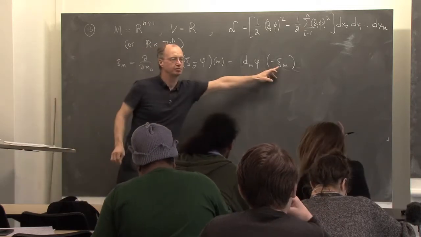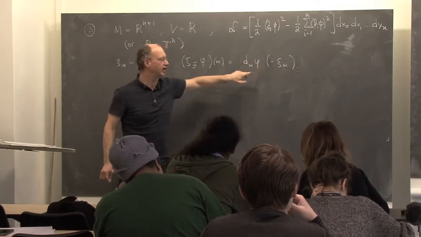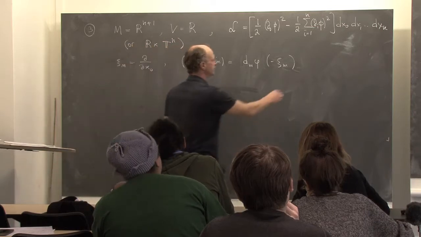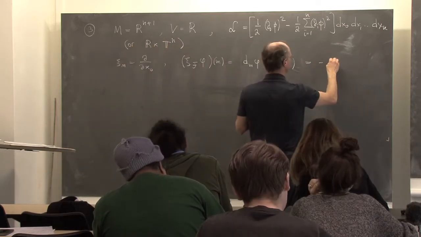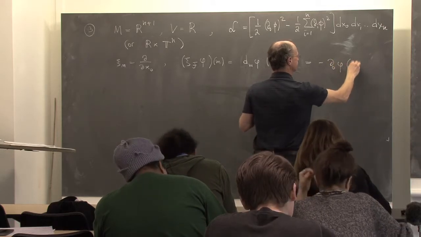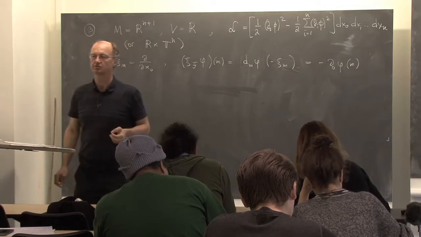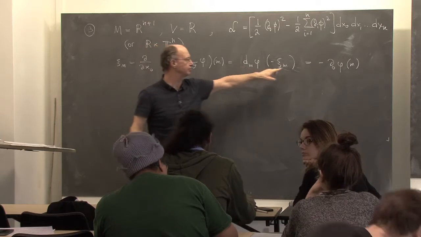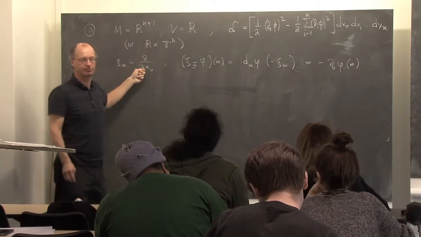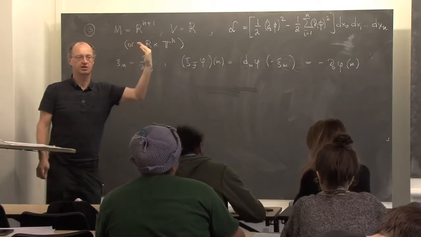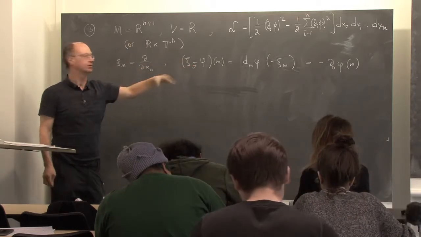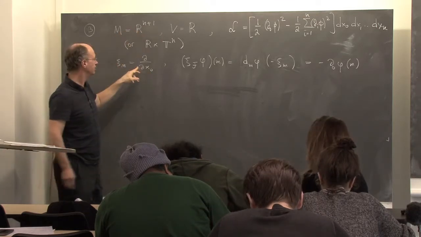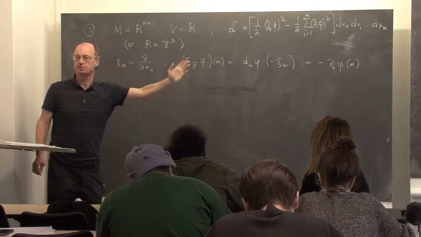So what does it mean in practice? We take a differential of phi and compute it on the partial derivative in the time direction. So this is simply d naught phi of m. The differential is a gradient vector of phi, and you compute it on psi m, which is the first unit vector in the standard presentation. Say you identify the tangent space with Rn plus 1, then this vector is 1, 0, 0, 0, right?